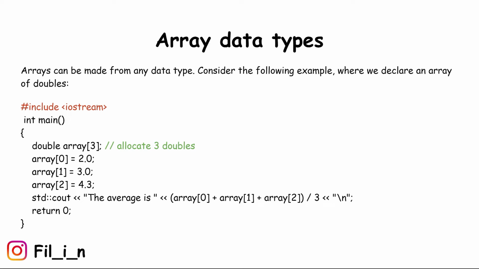Arrays can be made from any data type. Consider the following example, where we declare an array of doubles. #include <iostream> int main() { double array[3]; // allocate 3 doubles. array[0] = 2.0; array[1] = 3.0; array[2] = 4.3; std::cout << "The average is " << (array[0] + array[1] + array[2]) / 3 << '\n'; return 0; }